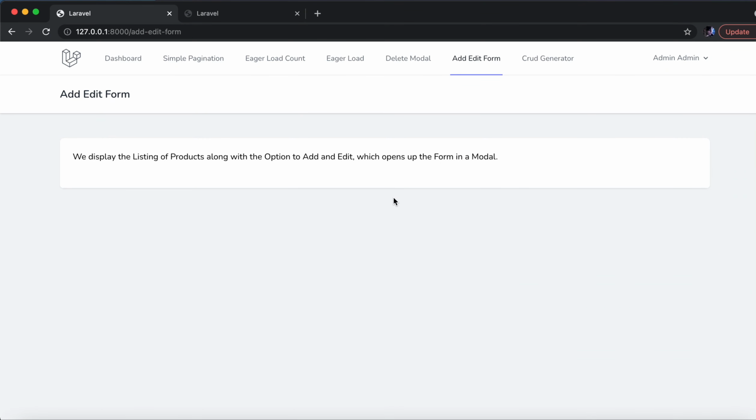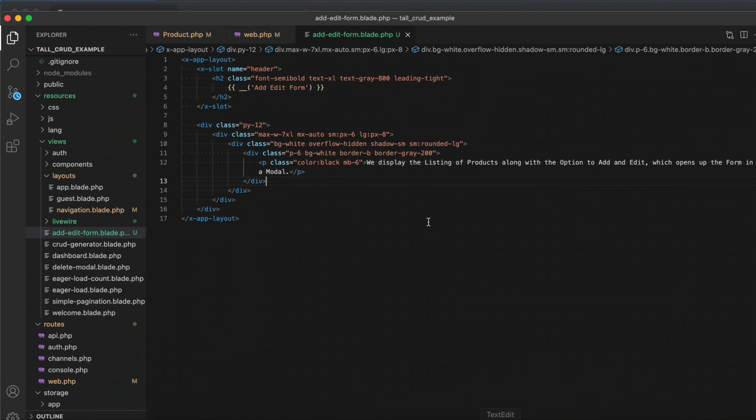Hello and welcome to this video where we are going to use our tall Crud generator package, and we are going to create a listing along with the add and edit form for each of the record. We will also make sure that we are able to validate all the fields that we have selected in our add and edit form. So this is the view where we are going to ultimately display our Livewire component, and